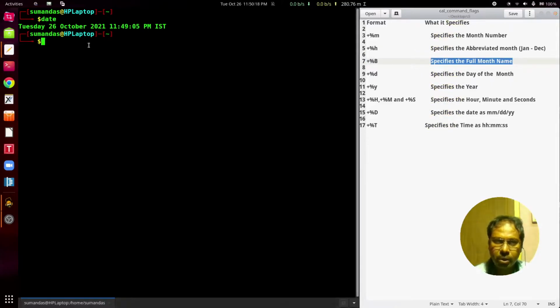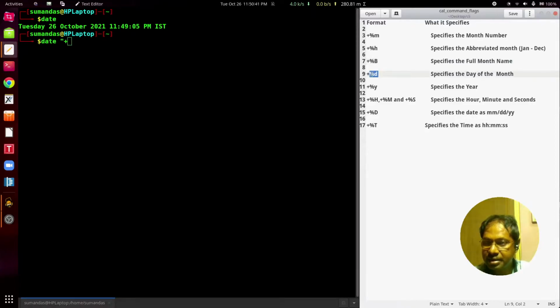Let's check with an example. Suppose we type date, then use the double quote. Then suppose we want to get the current system date, so I am using plus. Now %d specifies the day of the month, so here I am typing %d.